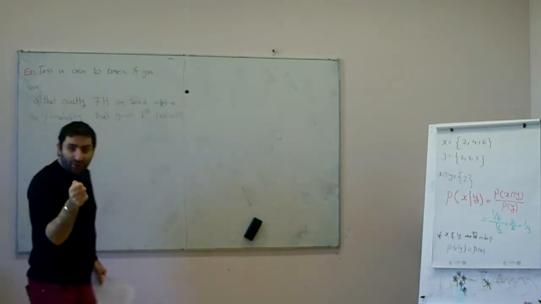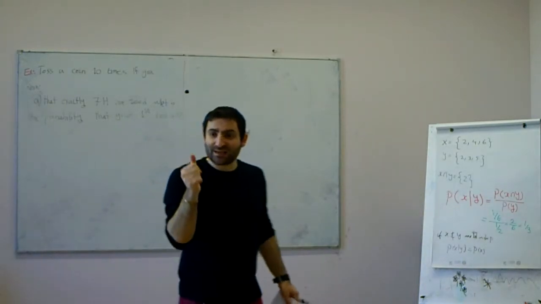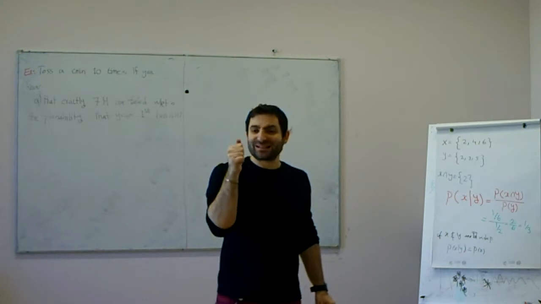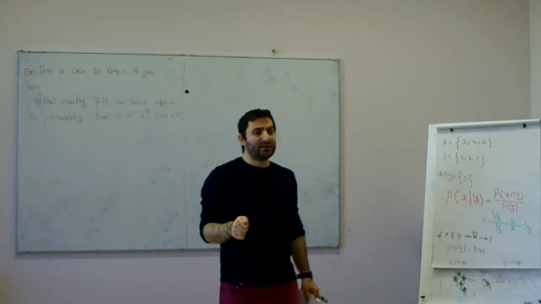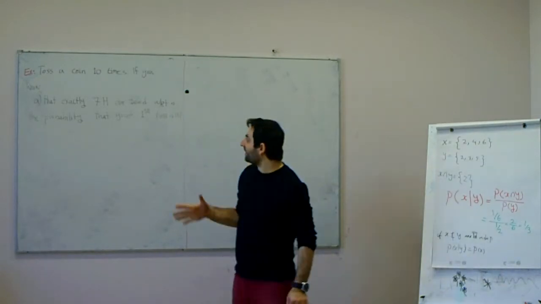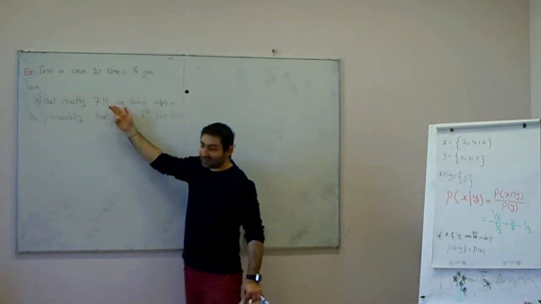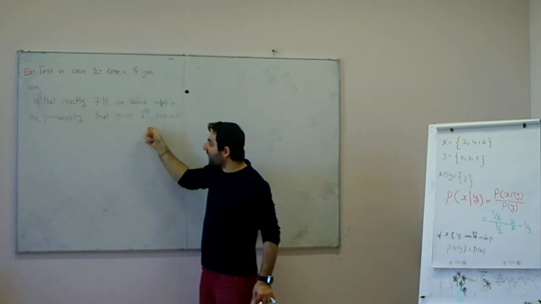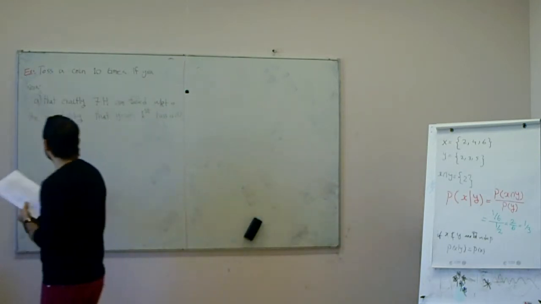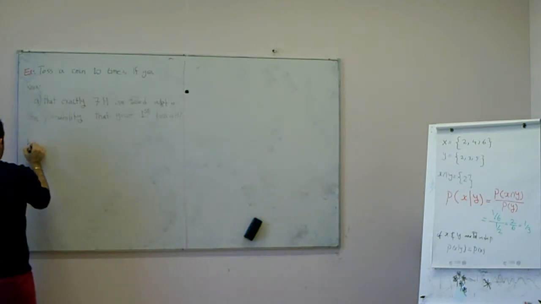So I have a coin, I'm tossing a coin 10 times. Exactly 7 times I have head. The question is, what is the probability that this exactly 7 times head is happening if the first one is head? And part B,